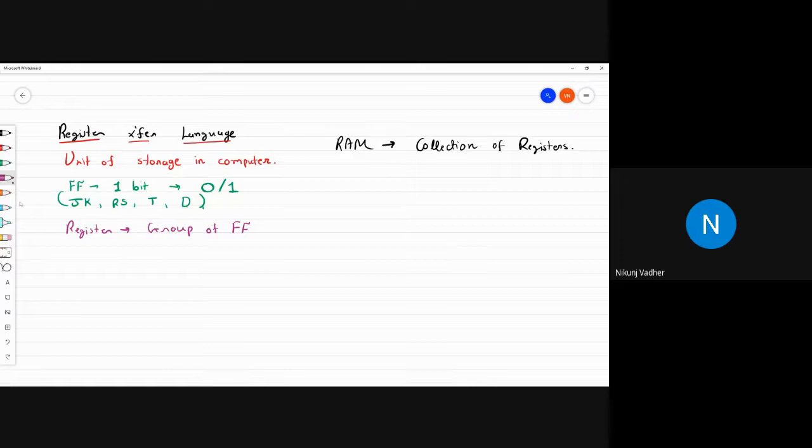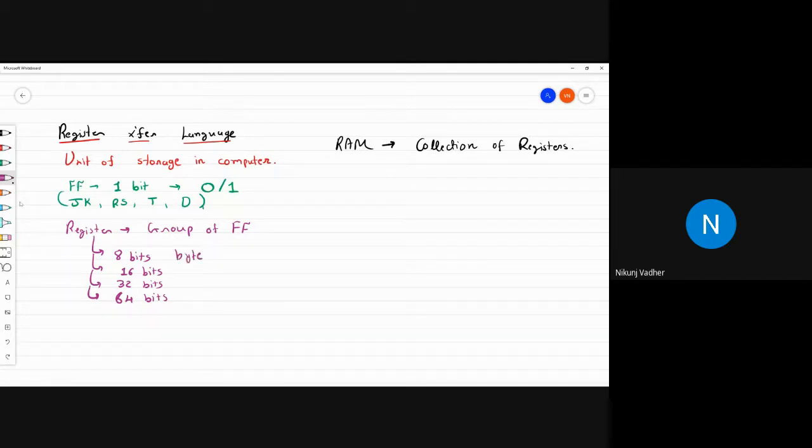Now, the size of this register can be 8 bits, it can be 16 bits, it can be 32 bits, it can be 64 bits. Normally 8 bits is represented using byte.